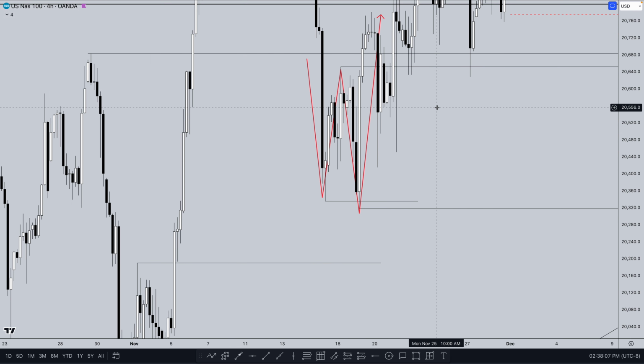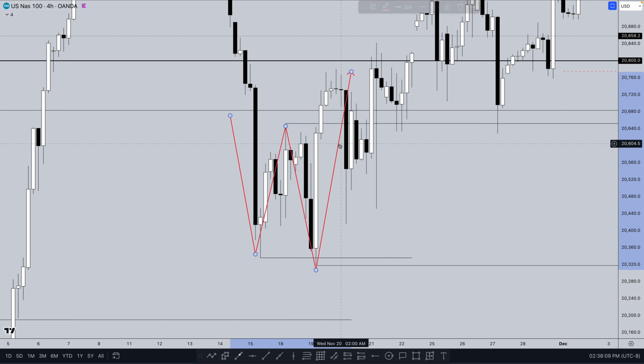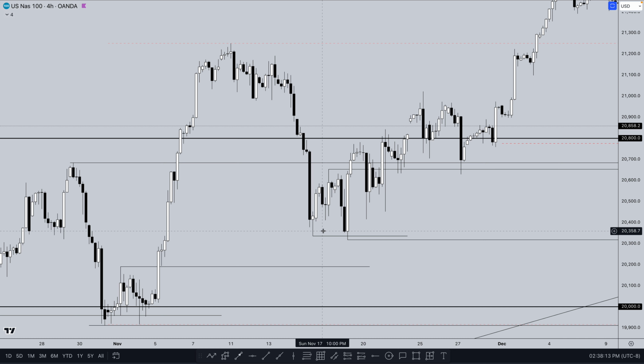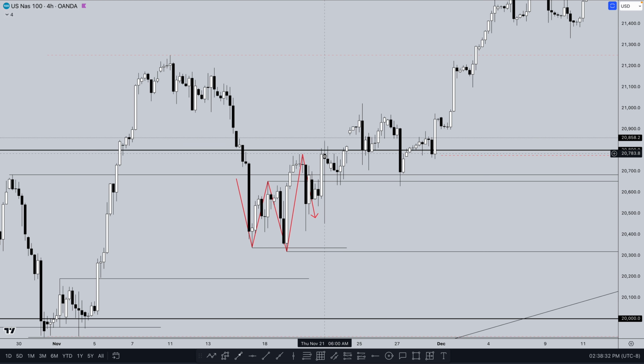All right, we got a closer look right in here, but this is very intricate, and at the same time super simple. We had a low, we had a high, price swept this liquidity, these lows, and then immediately we broke structure with a full body candle above these previous highs, and then came back for the retest, and then price took off.